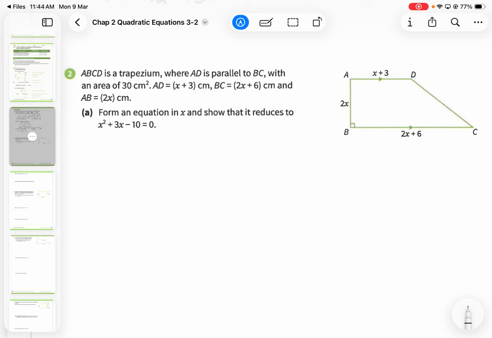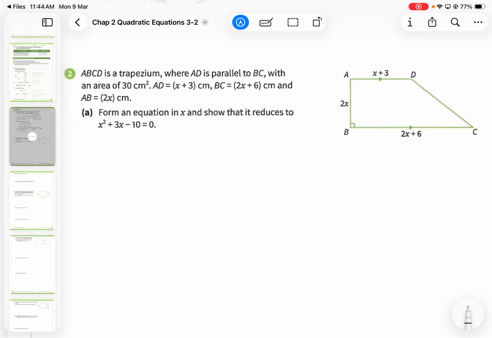ABCD is a trapezium. Trapezium, these two sides parallel. Okay, they tell you the area is 30. Form an equation in x. So they actually want you to form an equation and they tell you the area is 30. So they want you to, from these measurements,